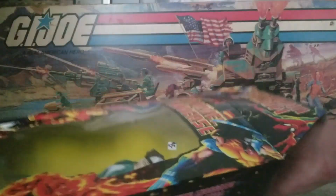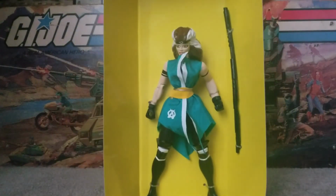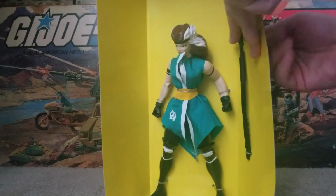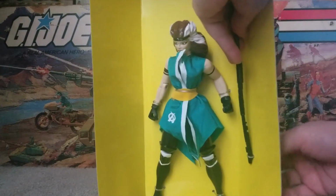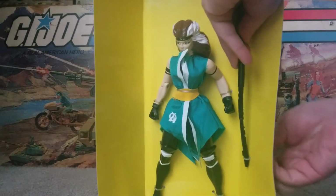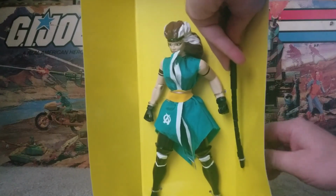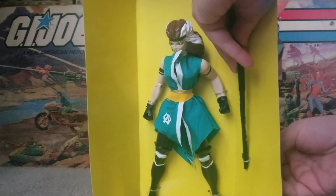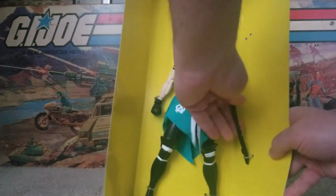I've since lost him, which I don't know how you lose a very large action figure. But interestingly, I still have his staff. And I mentioned his staff because that is the same staff that came with Daredevil, only his was red. So again, Toy Biz reusing the molds, including the molds for the accessories, which makes sense from a cost-saving measure. So I don't know if they were just like printing money at this point and just said, hey, let's make whatever characters we can,